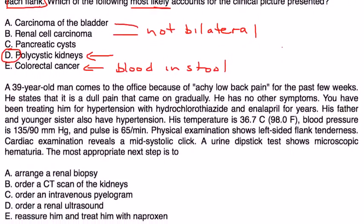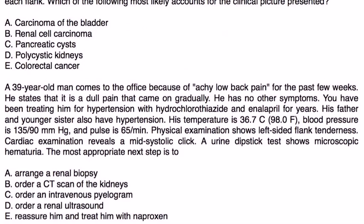Next question. A 39-year-old man comes to the office because of achy low back pain for several weeks. He states that it's a dull pain that comes on gradually, with no other symptoms. They have been treating him for hypertension with hydrochlorothiazide and enalapril for years. His father and younger sister also have hypertension. Temperature is 98, blood pressure is 135, pulse is 65. Physical exam shows left-sided flank tenderness. Cardiac exam reveals a mid-systolic click. Urine dipstick test shows microscopic hematuria. The most appropriate next step is...